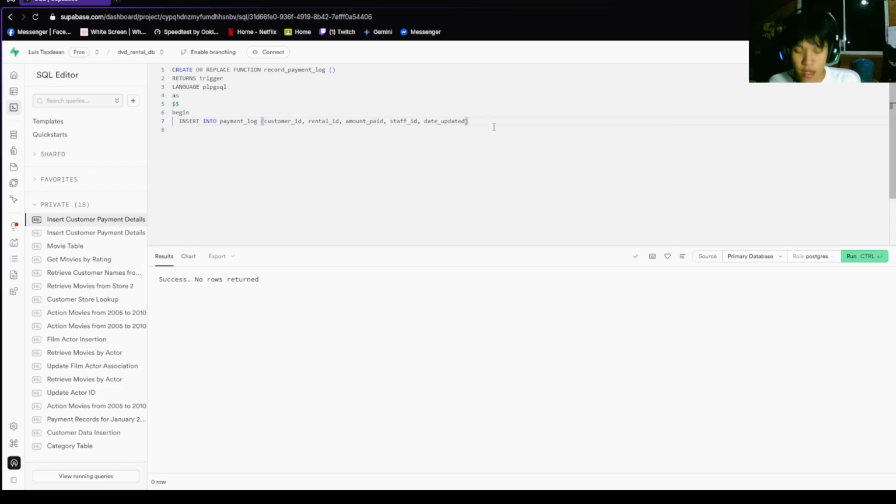So after that, values: new dot customer ID, new rental ID, and then new amount paid, and then new staff ID, and then after that, now.